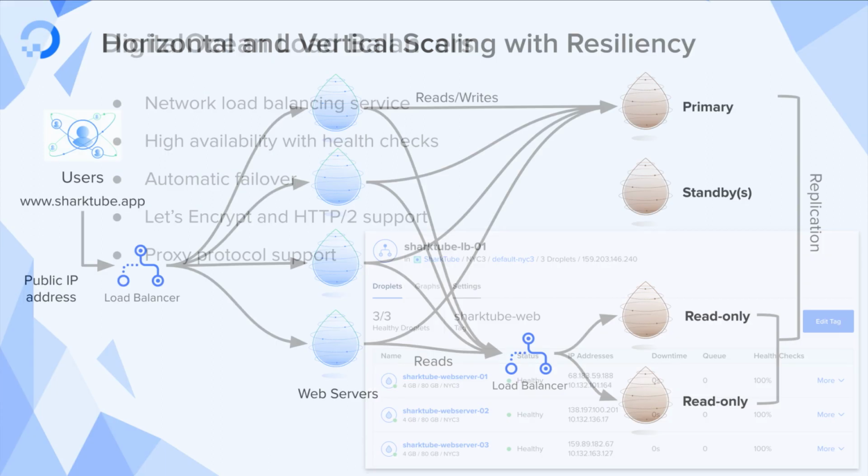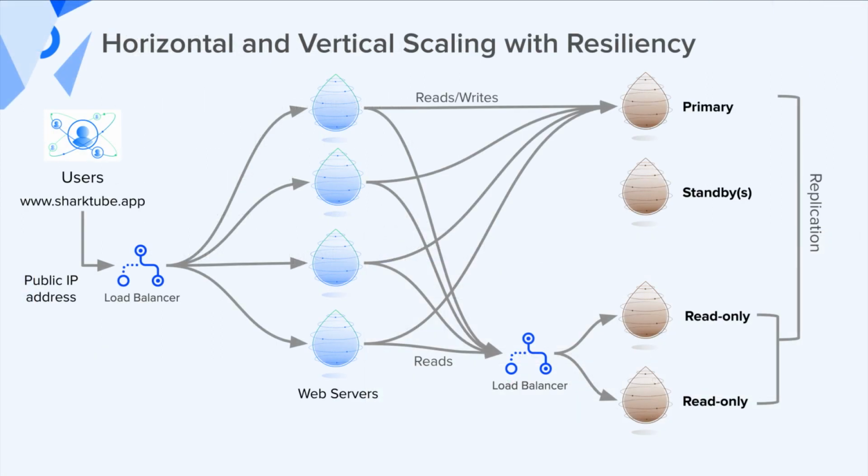So once we've set up the load balancer, now we have horizontal and vertical scaling and resiliency. So depending on the number of users that are coming in, depending on the load on each of these servers, you now have the ability and the flexibility to scale each of these droplets vertically up and down. For CPU, memory, disk, you can attach additional storage, or you can scale them out horizontally by adding more servers, more droplets. And so this is a very typical